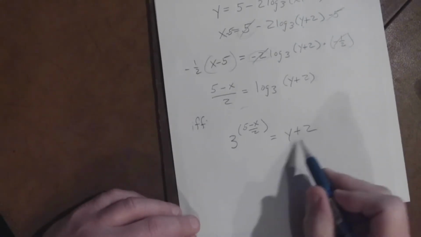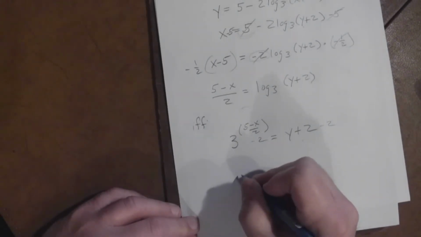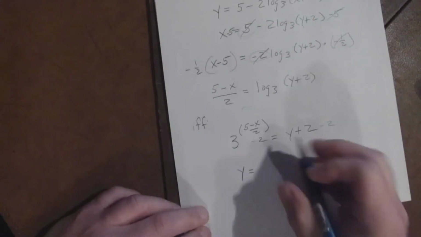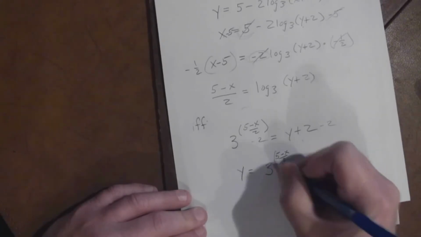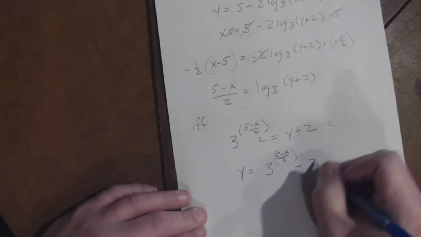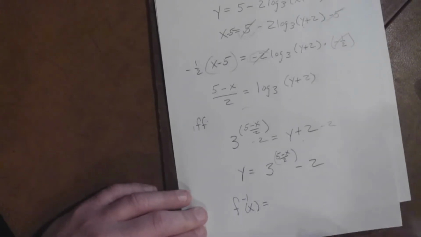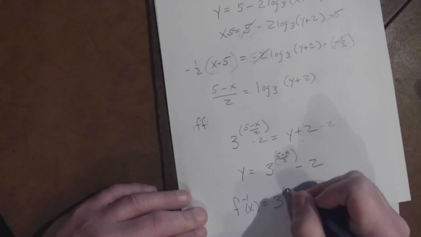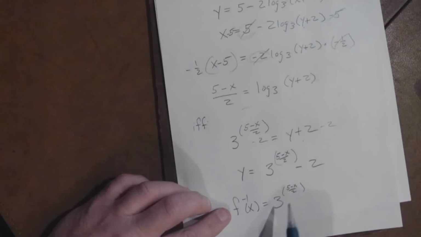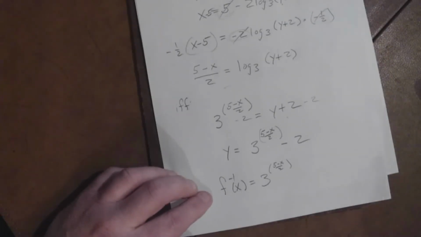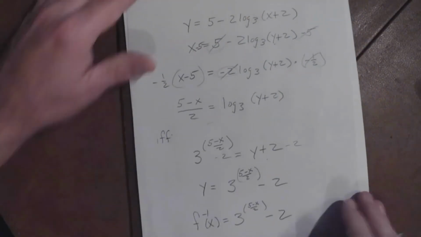Where we can see here to finish solving for y, we're just going to subtract 2 from both sides. And we will be left with, if we rearrange that, y equals 3 raised to the power of 5 minus x divided by 2, all minus 2 in value. And that would become what we might say is the description of our inverse function. F's inverse is 3 raised to the power of 5 minus x divided by 2 minus the quantity 2. That is the inverse,